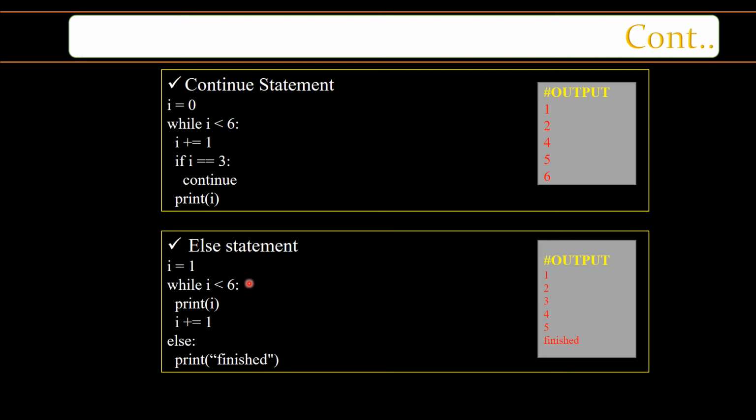Here, when I am going to use the else statement, i is equal to 1. Now here the condition is 1 less than or equal to 6. Now you are going to print this one, then increment the value, as long as it is 6 less than or equal to 6, increment 1, and whenever the condition becomes false, then the else part will get executed. When the i value becomes 6, the else part will get executed, that is the finished statement. So this is a continue example and this one is an else part example.